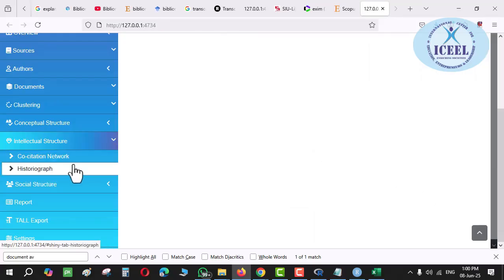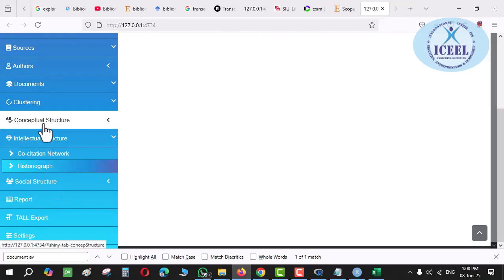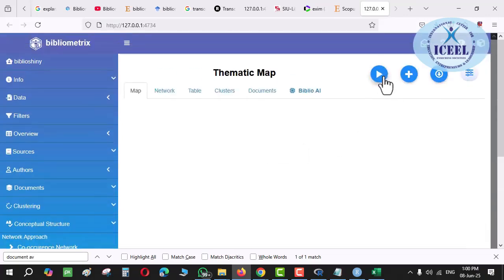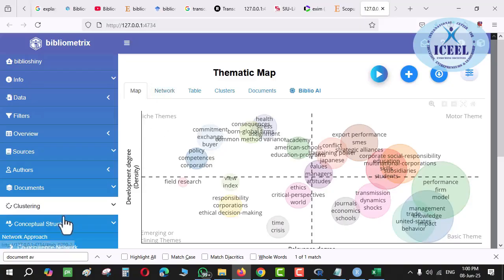कहाँ गया thematic evolution का? नीचे ही था. ये रहा thematic map, thematic evolution. That also you can get directly from here. For qualitative analysis purposes, this is going to be used. Sanjay ji, you have done research in qualitative analysis, right? Right now you have written one paper and submitted it to some particular journal, right? Right. Okay. So for that particular theme creation, you can use it.